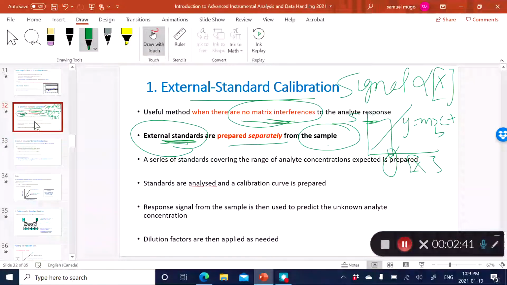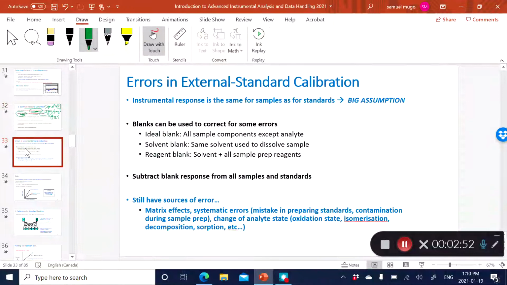And so to solve the problem of matrix interferences, you have to use a different type of calibration method. And the calibration method that you can use to solve for matrix effect is what we're going to talk about,